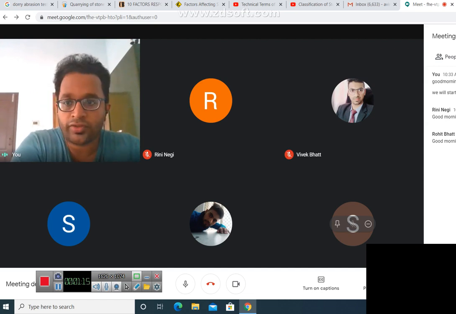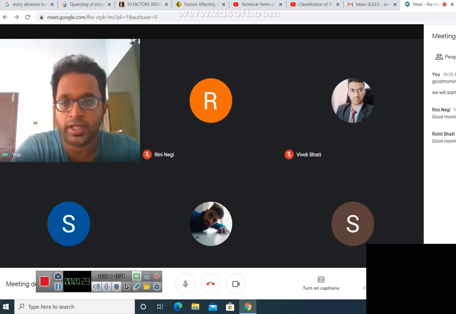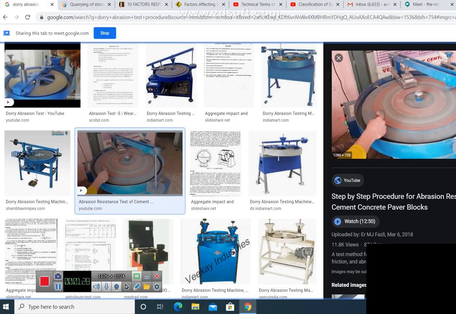So, one important test of hardness which we are going to discuss today is the Dory abrasion test. Now, let us see what is happening in a Dory abrasion test. Here you can see the test setup for performing a Dory abrasion test. This apparatus is already present in our laboratory. So, once the college is opened, you can visit the laboratory and see how this test is determined. I do not know whether you have done this in your first year workshops. If you have done it, well and good. If you have not, no problem. You will be performing it in the upcoming semesters.